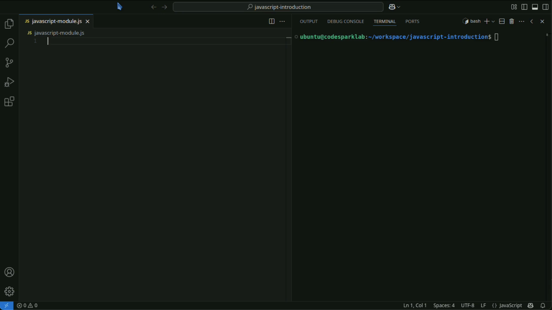This system is widely used both on the client side, browsers, and the server side, Node.js. CommonJS is a module system primarily used in Node.js. Modules are defined using require and module.exports to import and export files.